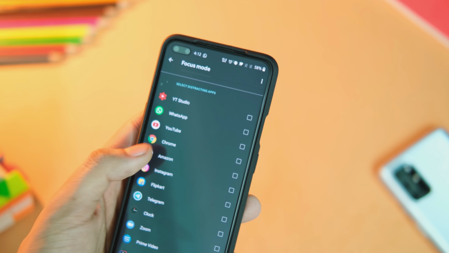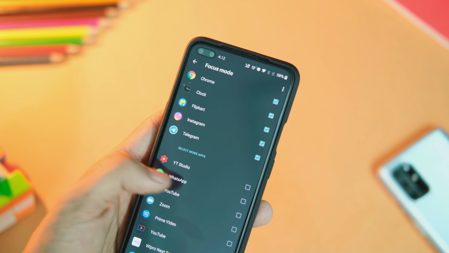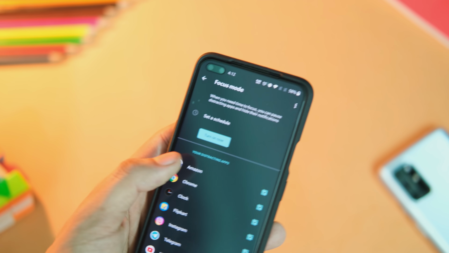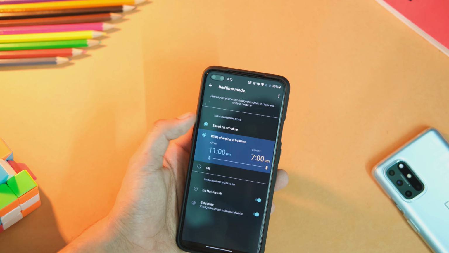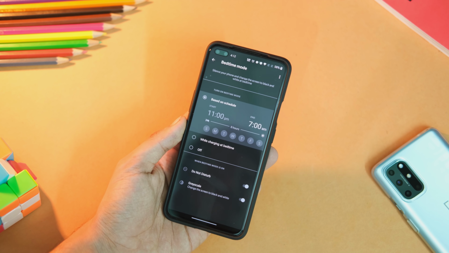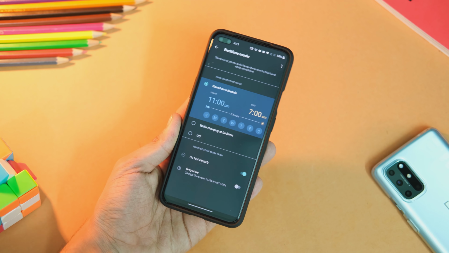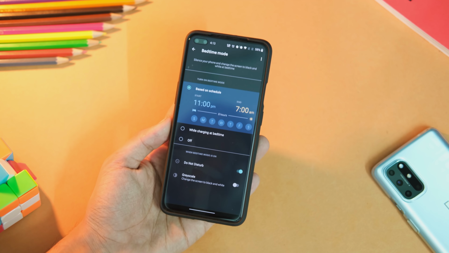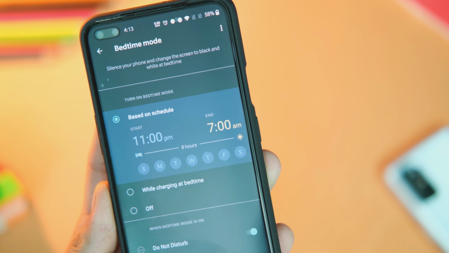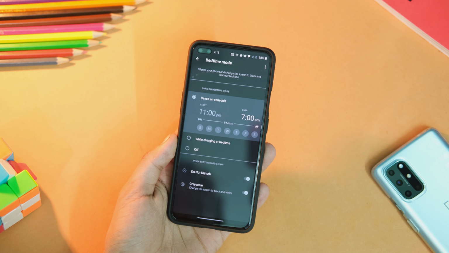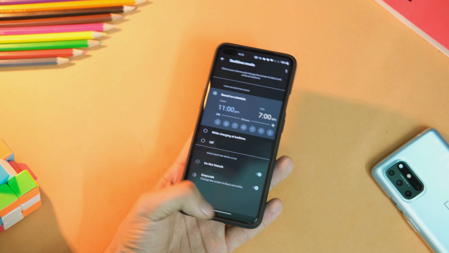Similarly, you can use focus mode and hide notifications from the applications that distract you the most in your day-to-day life. And this is similar to the work-life mode by OnePlus. In a similar way, we have a bedtime mode, just like the one we have in iOS. So basically this feature turns on Do Not Disturb automatically and turns your screen to black and white, so that it is easy on your eyes in case you use your device in the dark for occasional browsing. So just set the time when you wish to start this mode, and you can even choose to turn it on while charging, in case you plug in your device before going to bed. So just hit done and you can have a good night without caring about the useless notifications, which is much required in these difficult times.